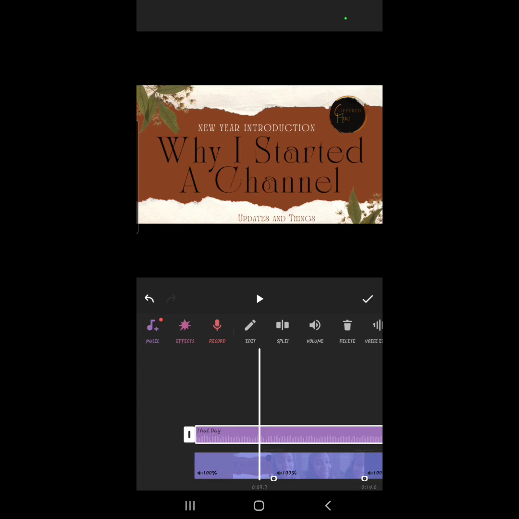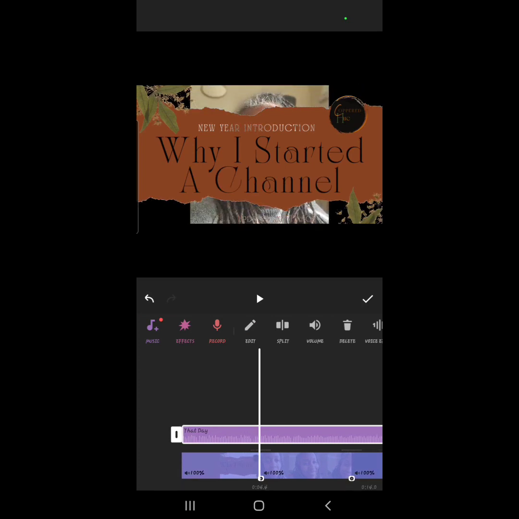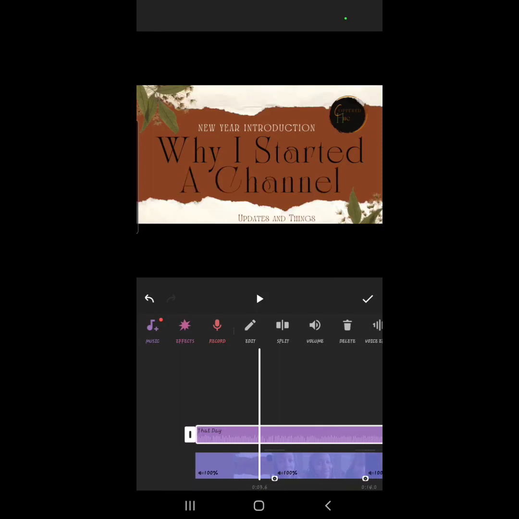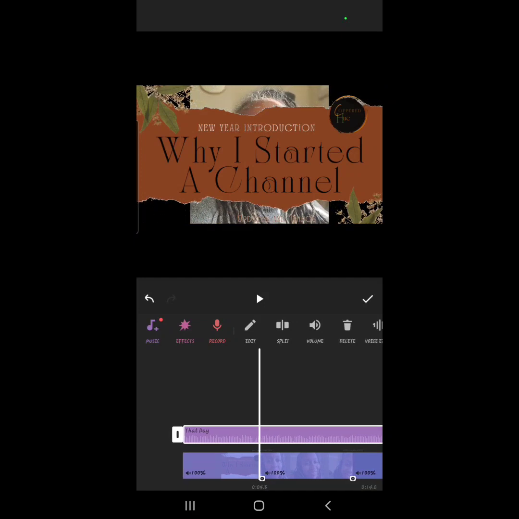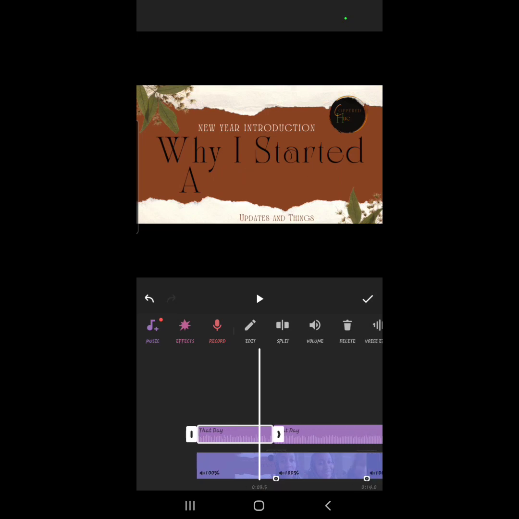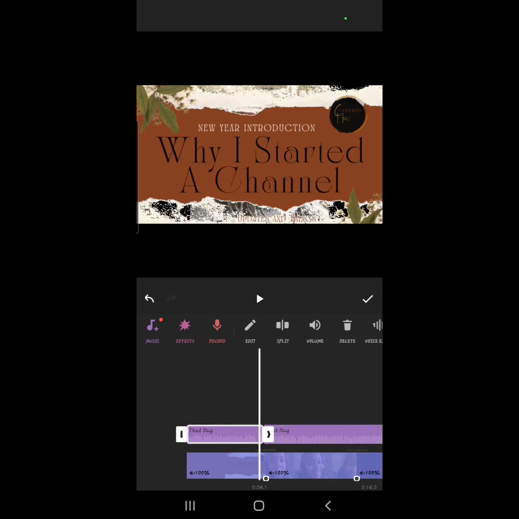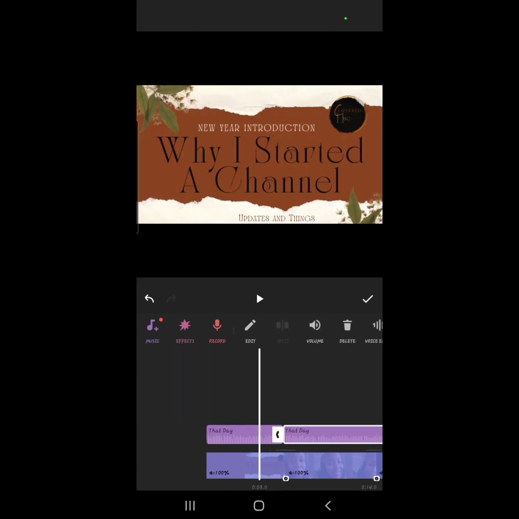Now, right here is where we want to split it, because I'm speaking, right? So we're going to go right here, right into here, and then we're going to split it. And then here, now it's split and it has two separate bars, and you can do different things with them. You can turn on the volume, change the music, move it around, move it up, move it over, however you want to do it. So for this one, we're going to keep the volume because it's just the intro,